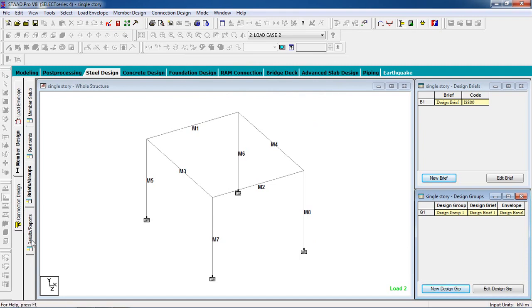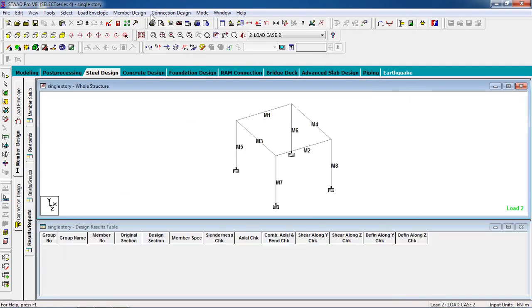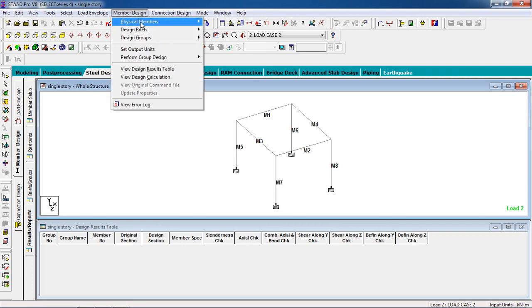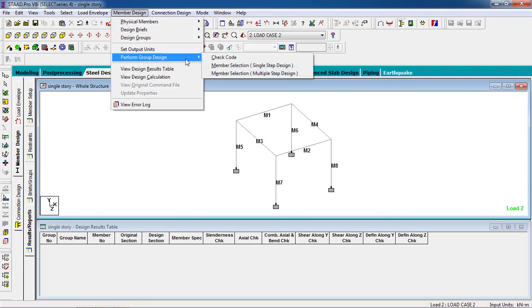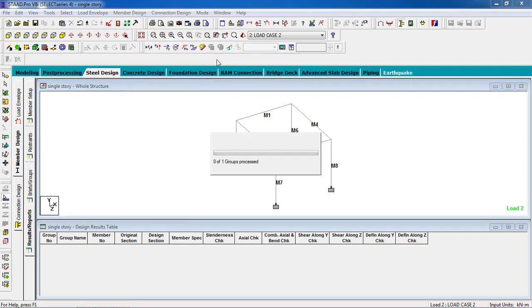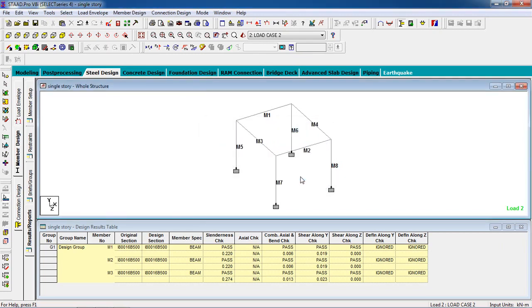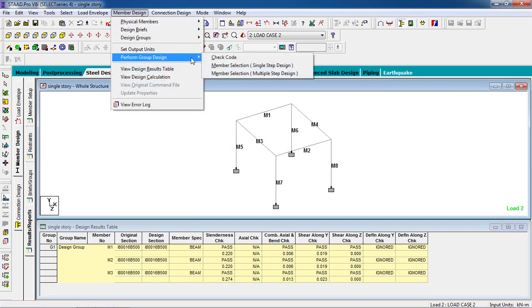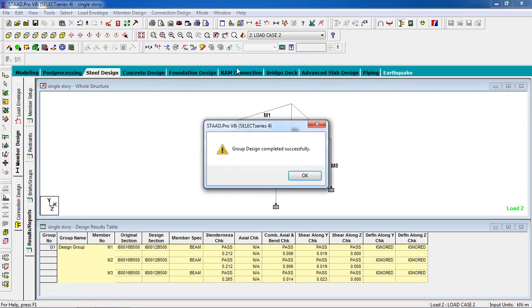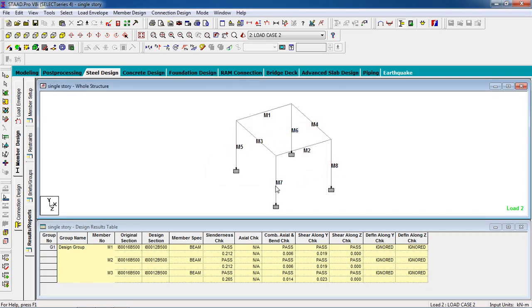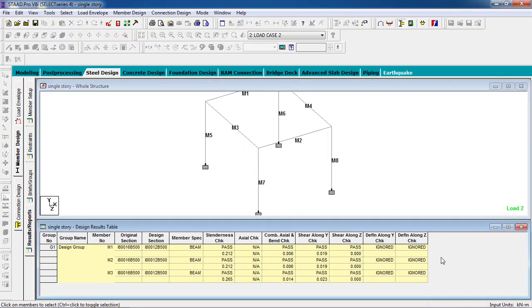Now go to result and reports and go to member design, perform group design and check code. Then again go to member design, perform group design and member selection. Okay, so our 3 members are created and they have all passed.